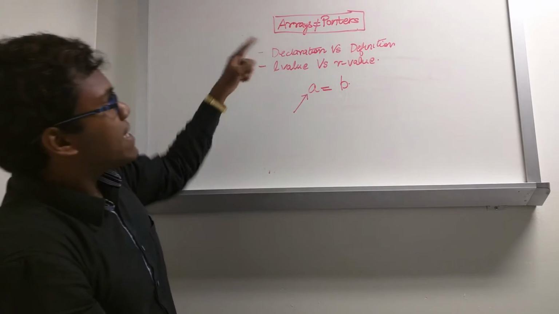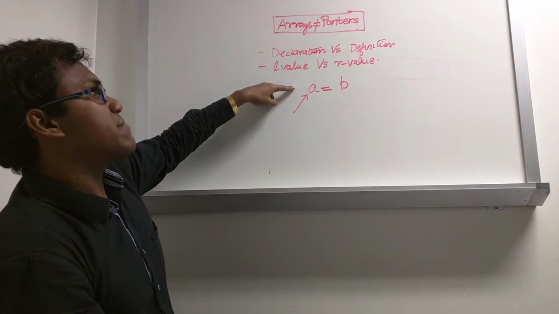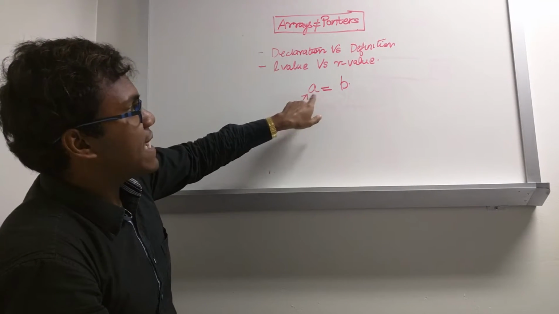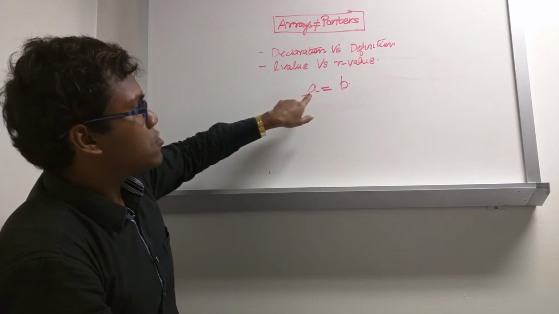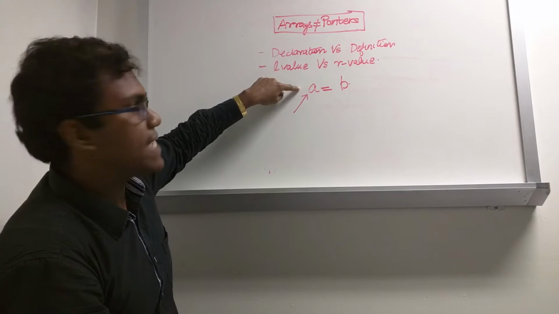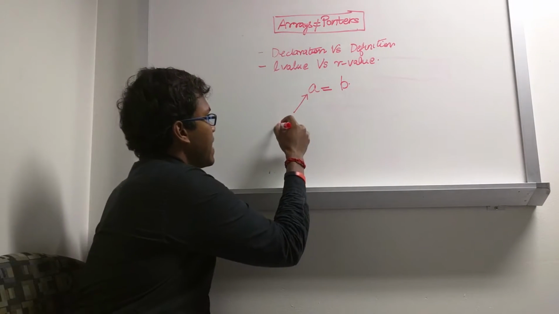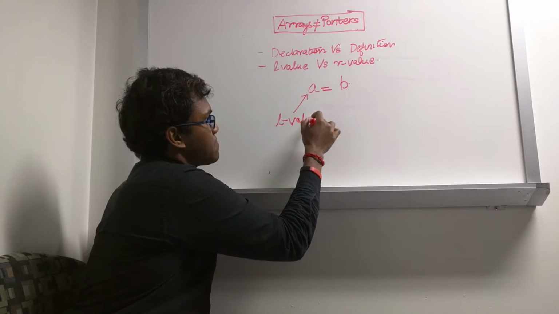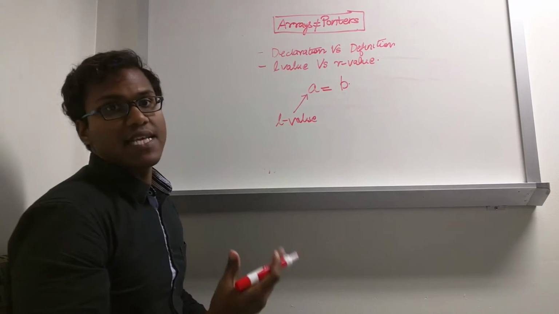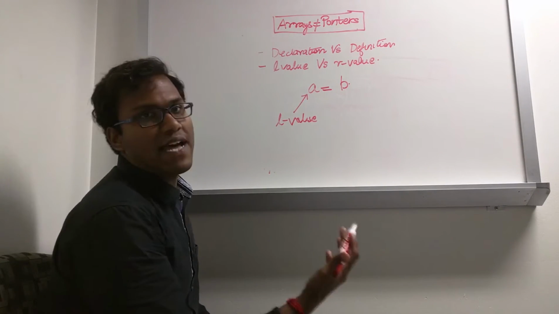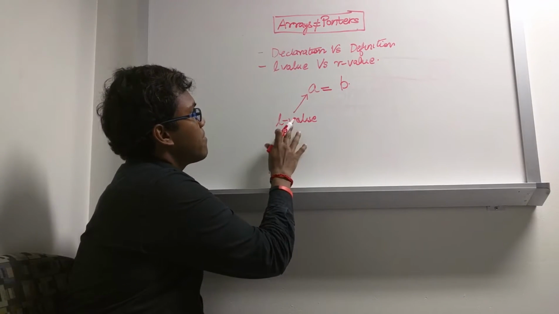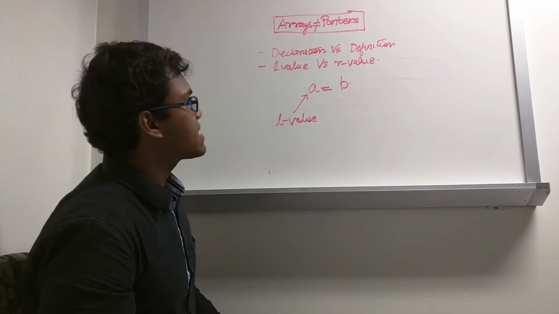So clearly this is an assignment statement. A is assigned the value of B. So when A is used in this context, A refers to a location value, because A in this context gives the compiler the information of where to store the value of B. So A is the location value in this case,